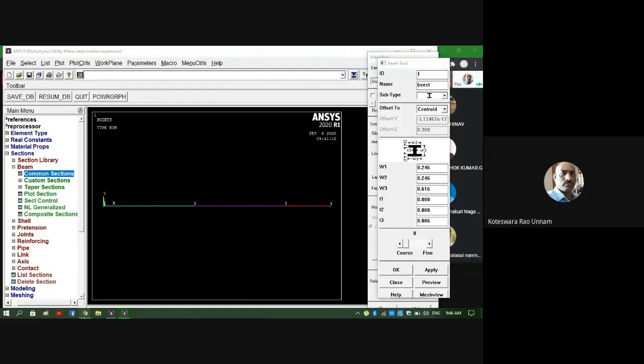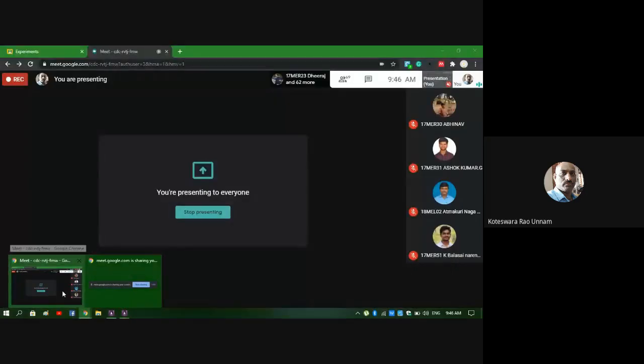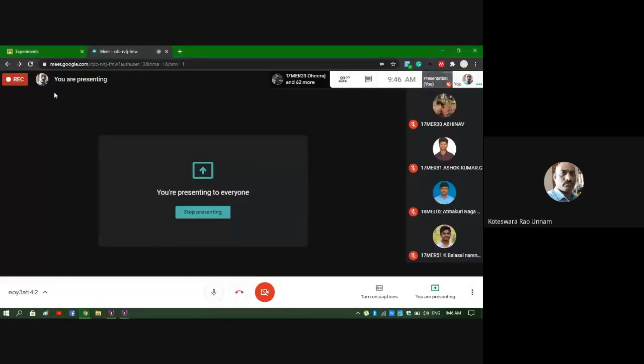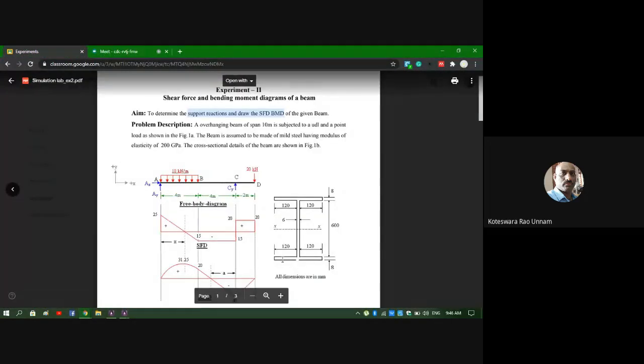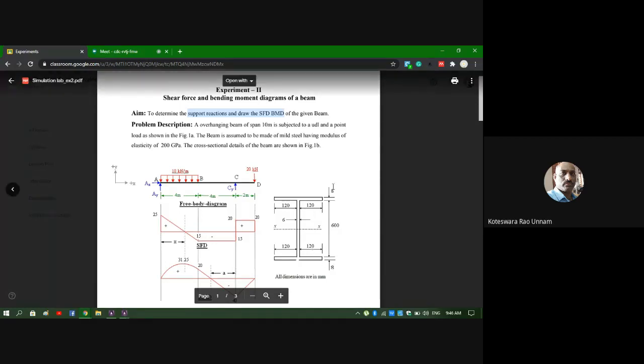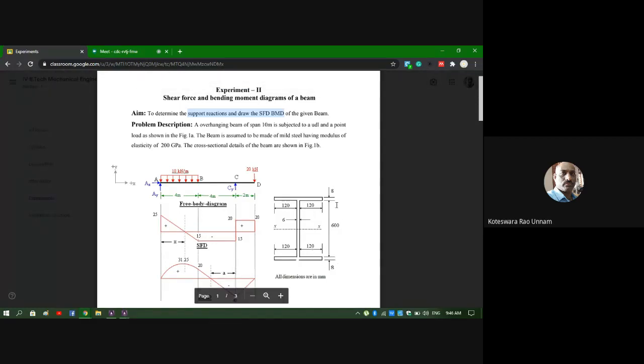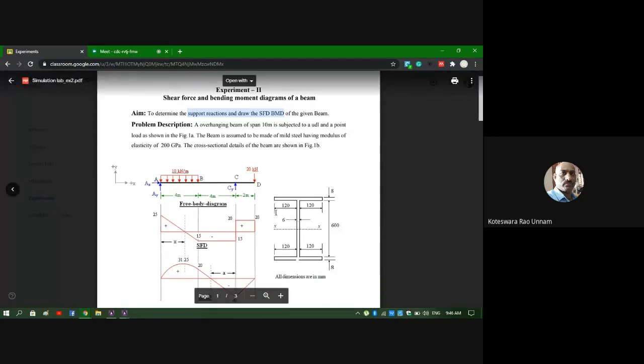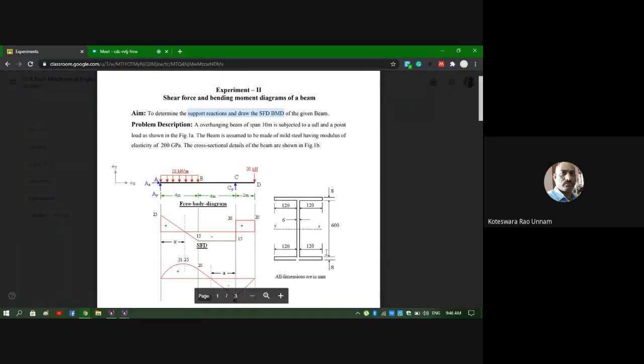If you look at the diagram he has given in the problem, the width of this plane is W1, and the top and bottom planes are both the same. Here it is 120 plus 120 plus 6, 246, but we need the input in meters, so that is 0.246. Similarly, height is 600 plus 8 plus 8, 616, so that is 0.616 in meters. Plane thickness he has given as 8 mm, top 8 and bottom also 8, so we need to input that in meters.